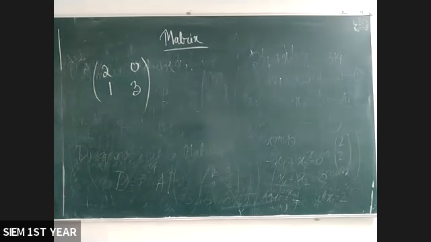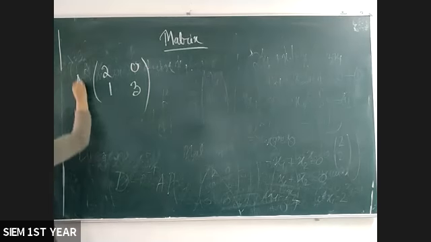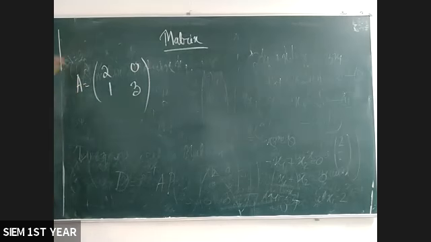So in one question you get two types of problem. First you have to find D. Look at your definition. The first part is to find D, and the next is to find the matrix P which diagonalizes, which means you also have to find P. So without wasting time, I'm directly moving on to the problem.